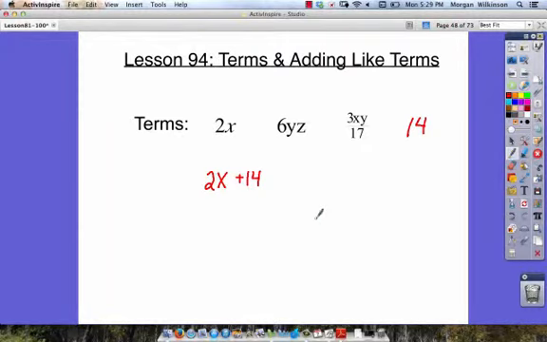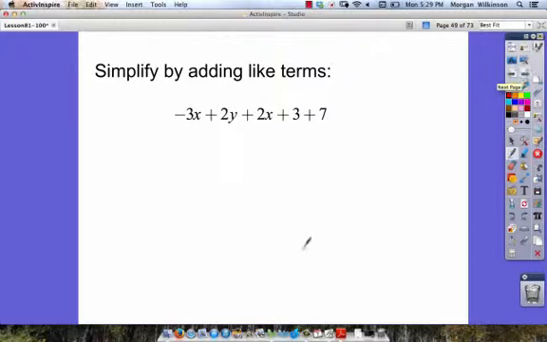Now in this lesson what we're going to be doing is adding like terms. So let's go ahead and look at our first example. We want to simplify by adding like terms. And before we get to this question, which is negative 3x plus 2y plus 2x plus 3 plus 7,